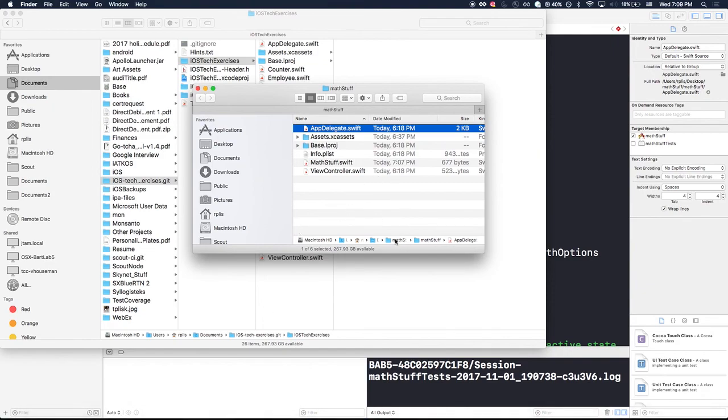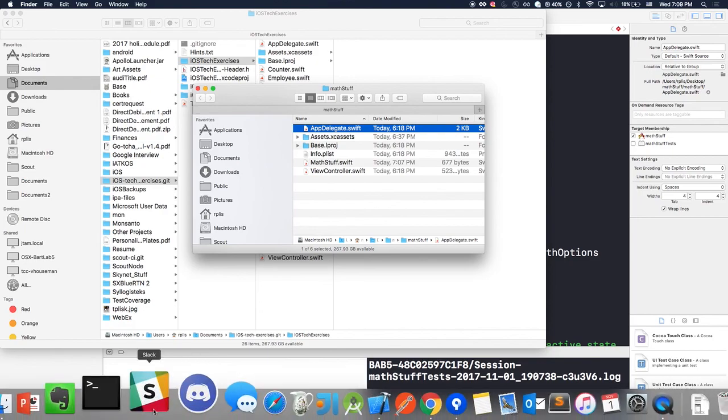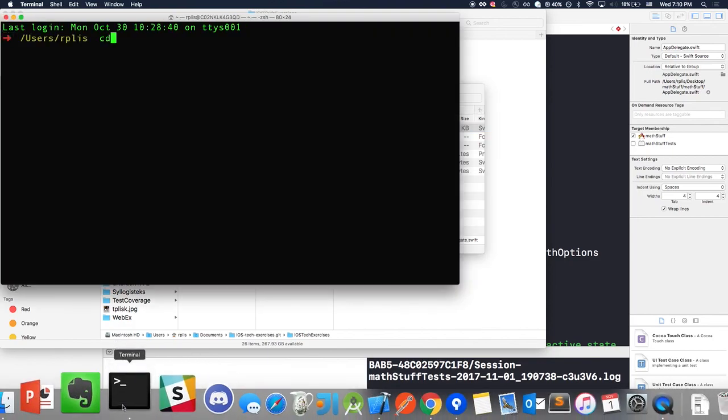You should have a card file. If you have your card file stored like